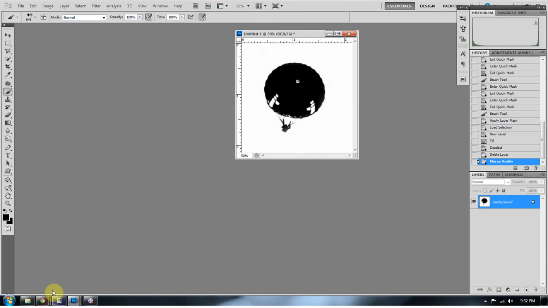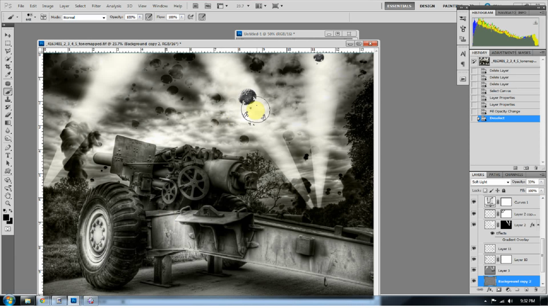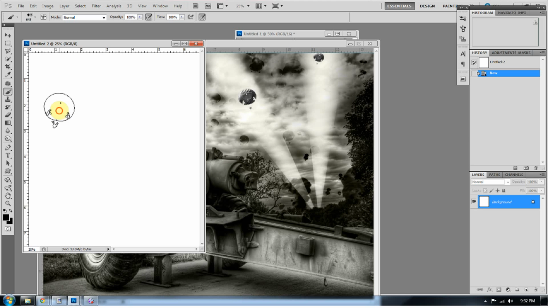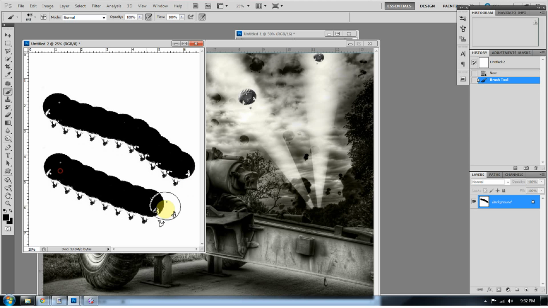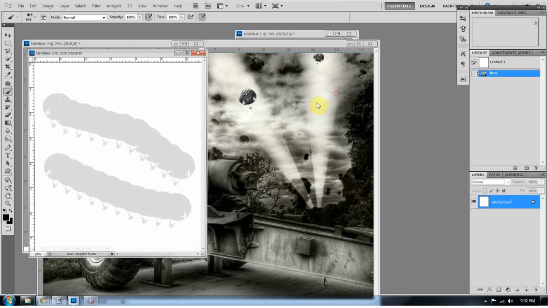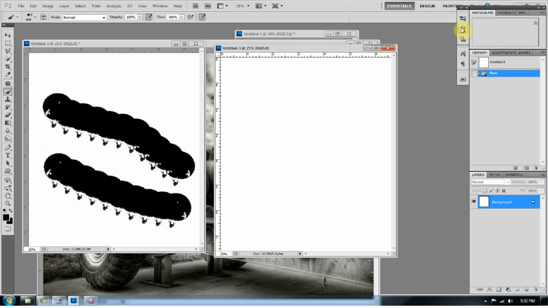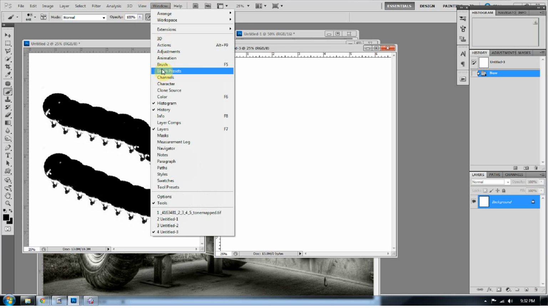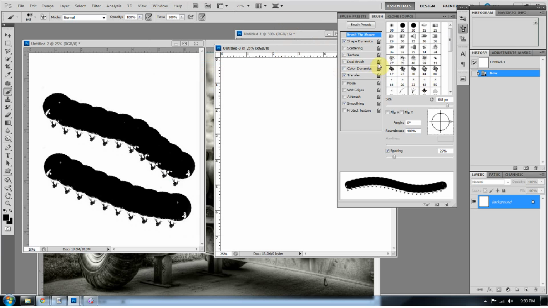So how did I make these paratroopers look so random on here? If I were to go File, New, and paint with the paratrooper brush that I have. Now let's go File, New, and let's do something a little differently. I'm going to go into the brush presets over here. You can go to Window and go to View Brush the same way. If you don't have it in your sidebar, that's not a problem. You can just go up to Window and click Brush, and it'll bring you up with this